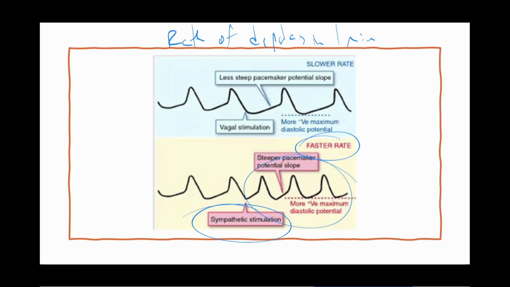And remember, excitation contraction coupling. Anytime there's a depolarization, there's going to be a subsequent contraction as well. So if you see these, you know you're having a contraction. So every time you see a spike, a beat, beat, beat, beat, beat. More beats, faster heart rate. That's how you increase your heart rate.